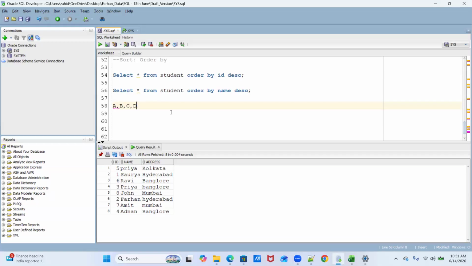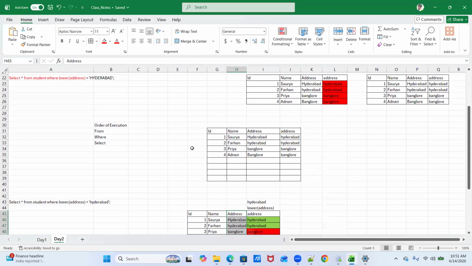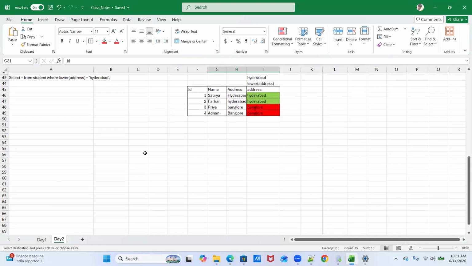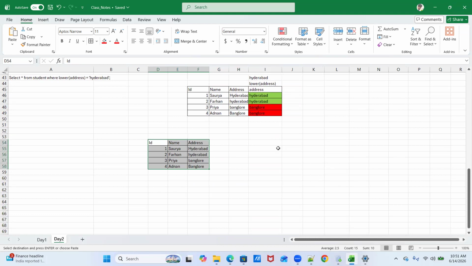Okay, let me try to explain that in Excel. I try to explain each and every scenario, but if any scenario comes into your mind, you can of course discuss it in the class.